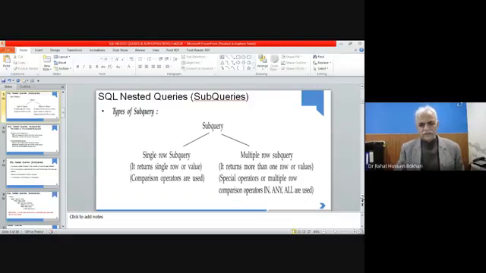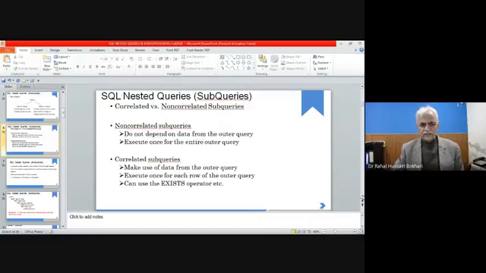But multiple row subqueries might return more than one value, and operators like in, any, all, some are used. In the coming slides, I will discuss how such operators can be used and what their limits and limitations are when used for multiple row subqueries.